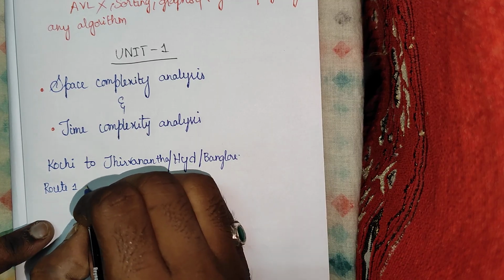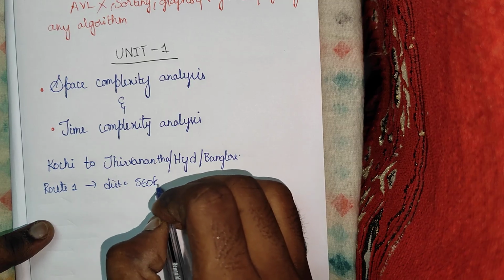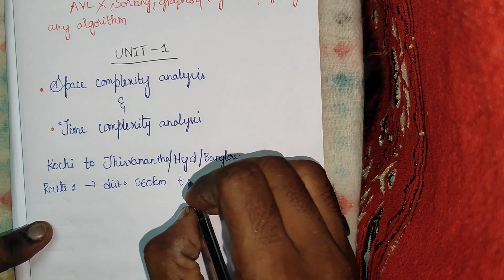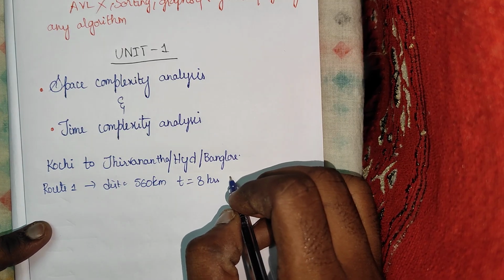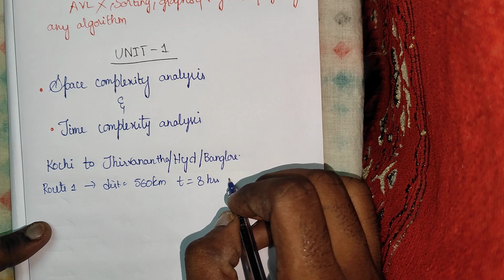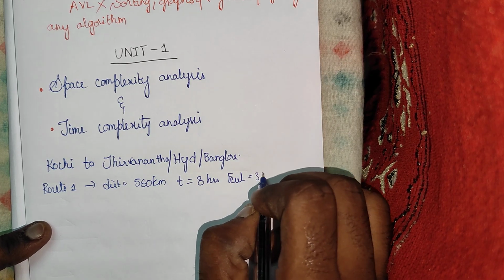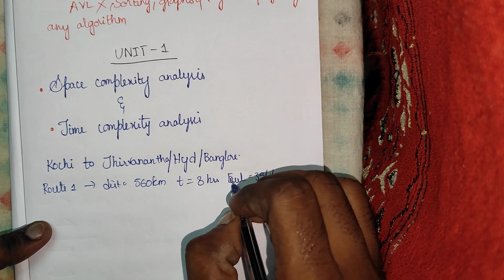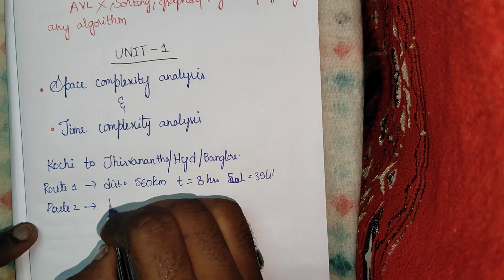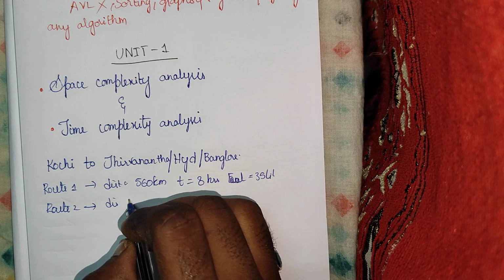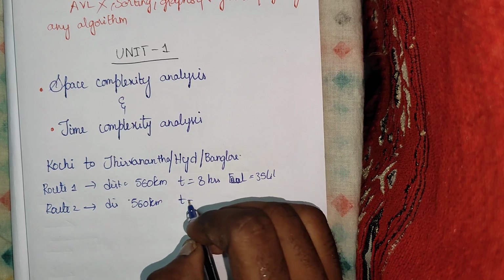Assume route 1: the total distance is 560 kilometers, time taken is 8 hours or any time. We can call diesel or petrol fuel. Fuel is 35 liters. The same way, route 2: distance is the same 560 kilometers, but here time is